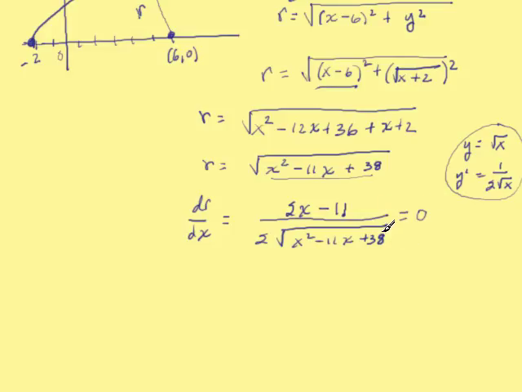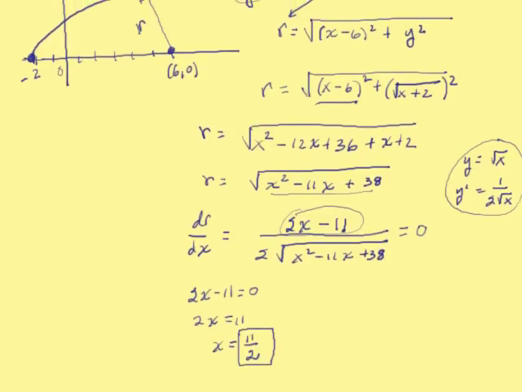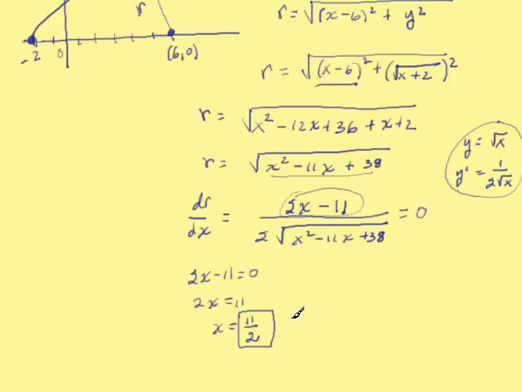Well, here we have a quotient, and this quotient is equal to 0 when the numerator is 0, assuming this is reduced, which it is. So we'll just set 2x minus 11 equal to 0. And we have x is equal to 11 over 2. And that's the x value that minimizes the distance, 11 over 2. Okay, which is equal to